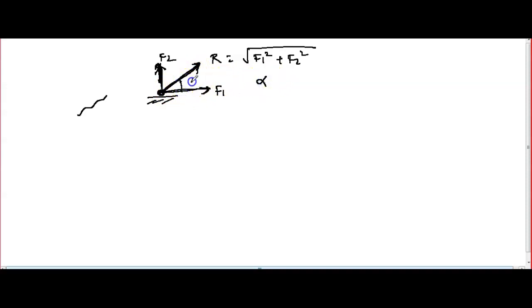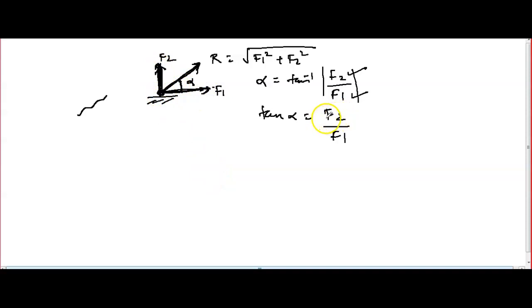This is the alpha, and this alpha we always find with respect to the x-axis. You can find it with respect to the y-axis also, but this formula which we have derived here, tan inverse of F2 by F1, is only applicable with respect to the x-axis. If I change this alpha, then I have to change this also. When I take the derivation, at that time you will come to know. When you are taking F2 by F1, tan alpha is equal to perpendicular by base. So this is perpendicular, opposite F2, by base I am taking it. If I take this as alpha, then this becomes perpendicular and this becomes base.